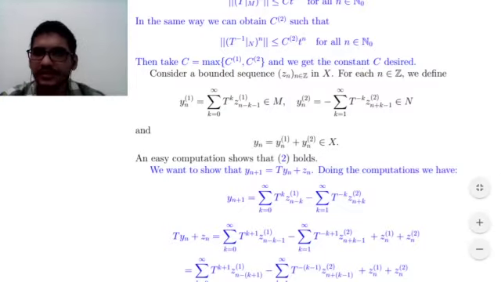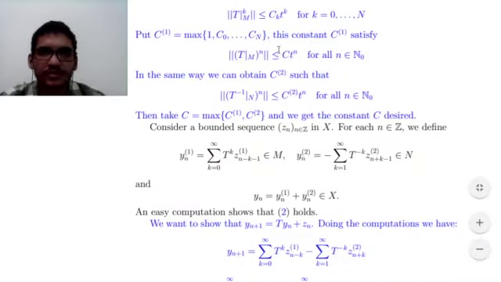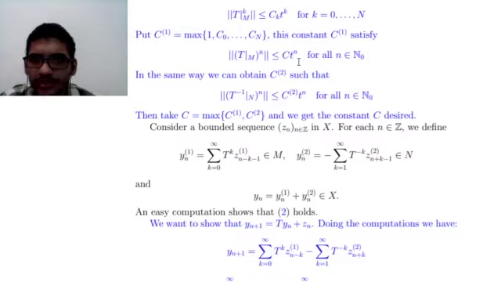Okay, as I said here, you put this, and you have this condition. I made a mistake here. This is c1, and in the same way you obtain c2, and you take the maximum, and we get the desired constant c. Okay,